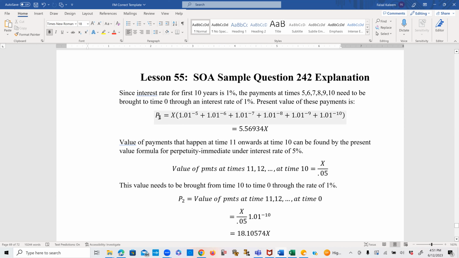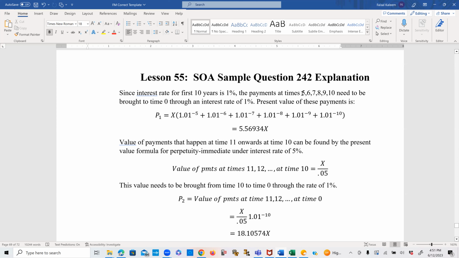And let's call the present value of these first set of 6 payments as P1. Now we can use the annuity immediate formula on these 6 payments, and the formula will give their present value at time 4, which is one period before this, and then we can pull that back through 4 periods through the basic interest formula. But since there are just 6 payments, I will just do brute force here and find the present value of